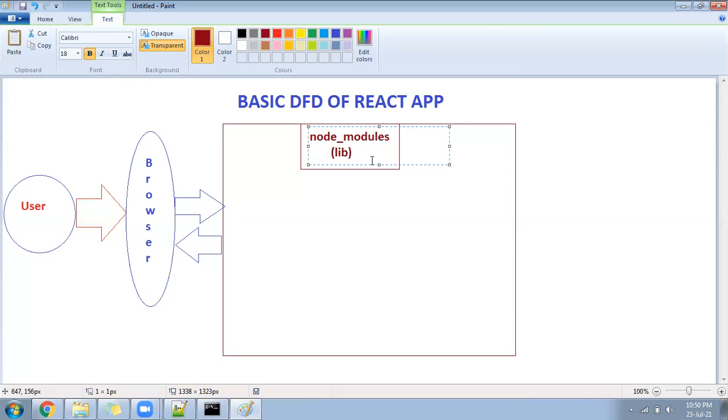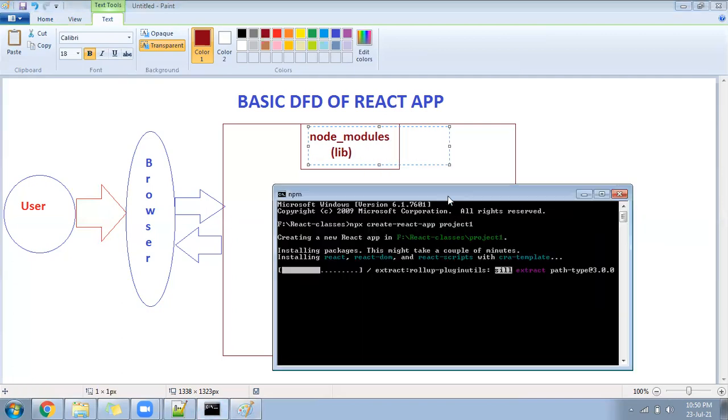Now suppose I ask what will come inside the library, where it will come from, who will give it to us? No one will give it to us. Look here. This installation is going on. When the installation is going on, this node modules is getting downloaded from npm. Node modules folder is getting downloaded, because under the node modules folder there will be so many hundreds of files and folders, and all will be libraries that help to support your project. We are not going to download that manually. See, when we have given the command, npx is taking care. It is taking all the libraries that are required to develop a React project, and all will come and go to the node modules.